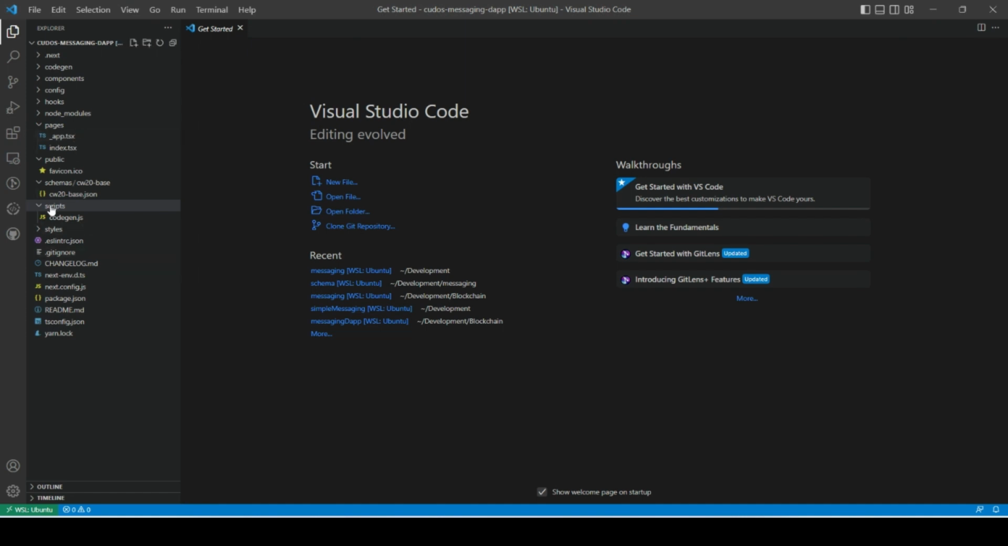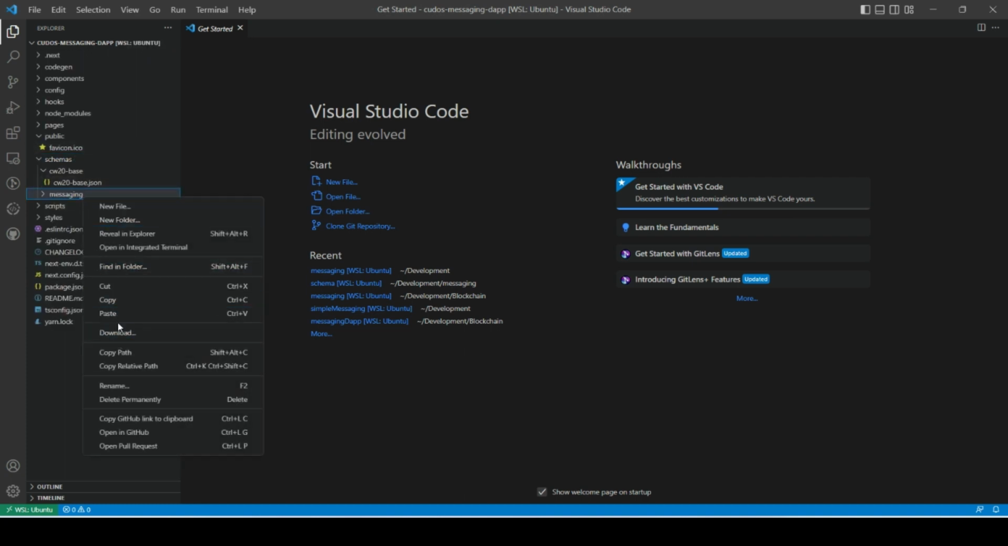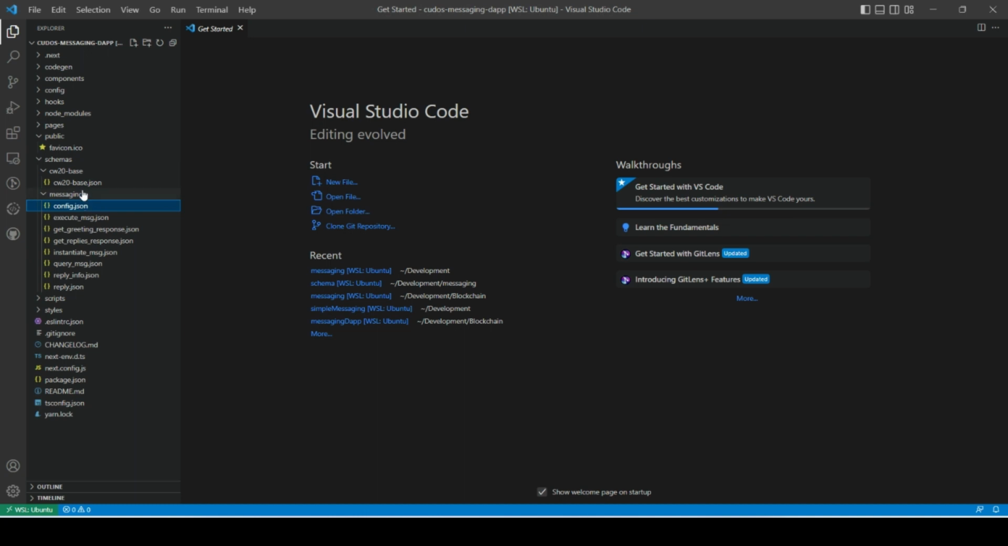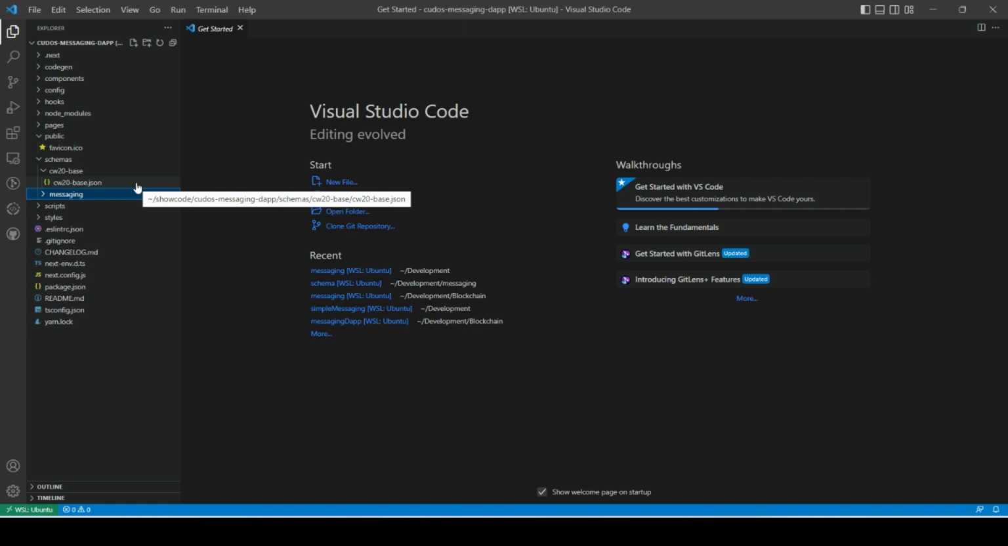So I'm going to paste that in schemas. I'm looking for the folder. So we have schemas. I'm going to add another directory here and name it messaging, because that's the name of our smart contract, and paste. After pasting all of this, to create our TypeScript files from this,